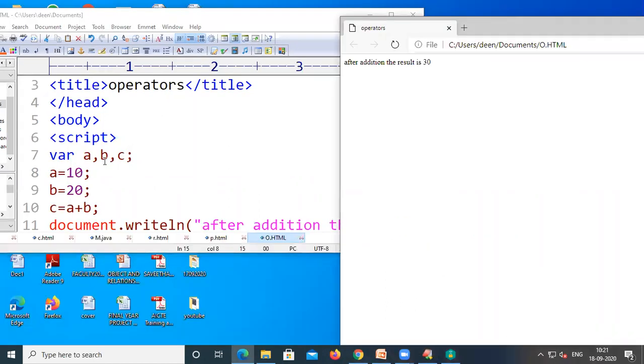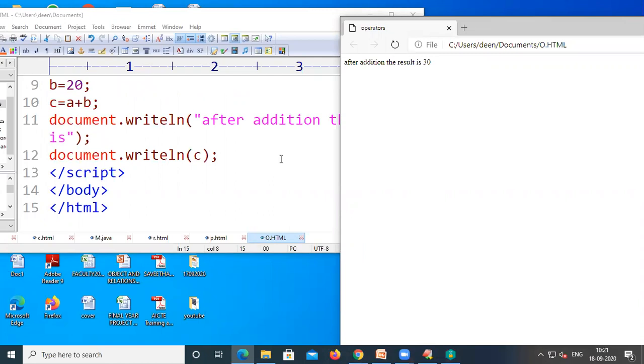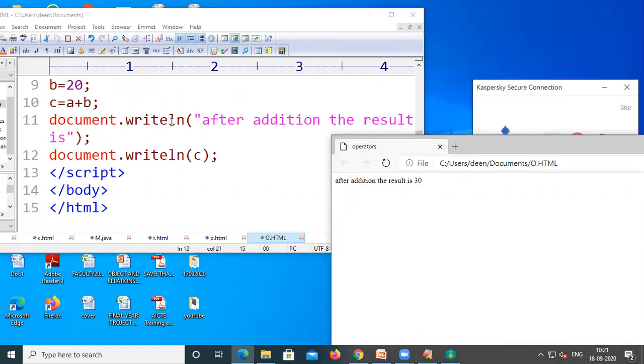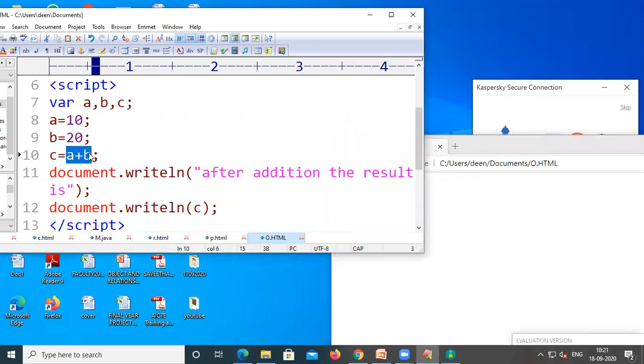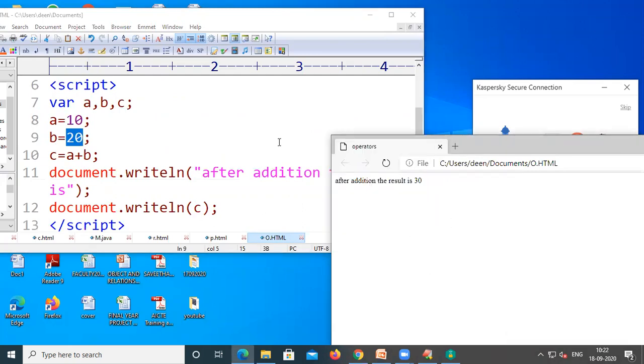You can see here in the document.writeln we have given "after addition the result is", document.writeln of c. So it will print the value of c here. The value of c is an addition between the value of a and b, so it is an addition between 10 and 20. So 10 plus 20 will be stored inside c, and we have printed that c value.